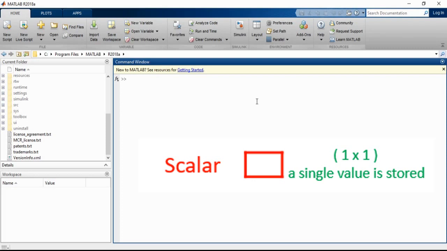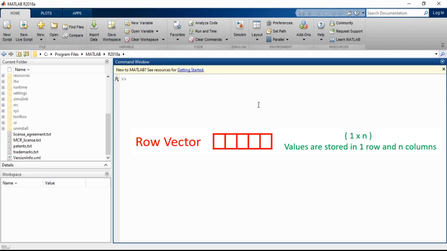But when you come to the vector, a vector can be divided into two types. One is a row vector and another one is the column vector. In the row vector, you have only one row and a different number of columns. That means you can create a 1 by n matrix. So you can create only one row vector with different values in the different columns.